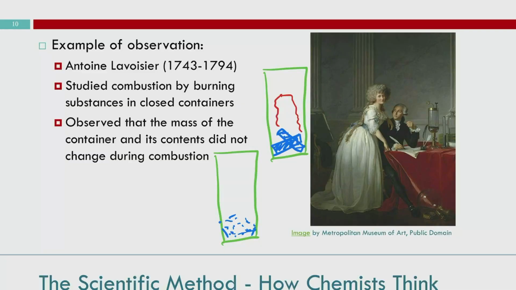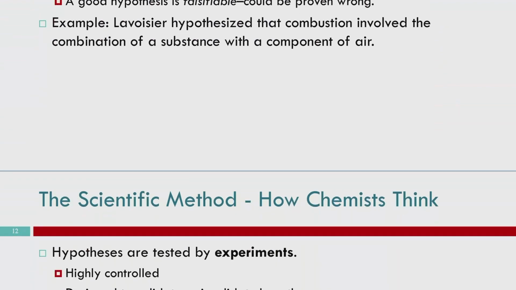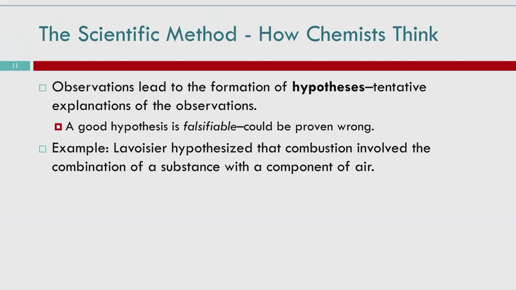That's not particularly interesting, but what Lavoisier observed was that before and after burning, since it's a closed container, the mass didn't change during combustion. So we weighed it before with the blue logs, we weighed it after with the blue dust, and it was the same mass, even though we very obviously have different things. And what were some of the takeaways from that?